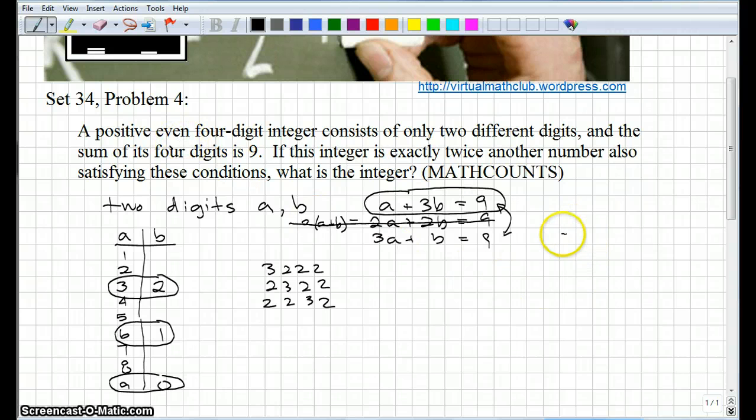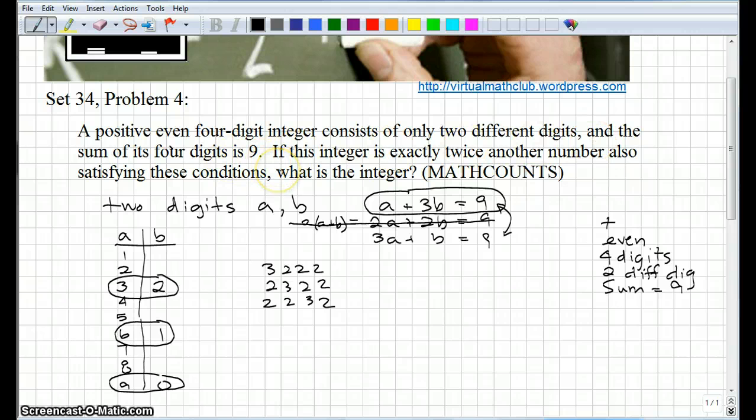Okay, so we should probably write out what these conditions are. It has to be positive, it has to be even, it has to be 4 digits. This is the criteria for the number that we're looking for. It has to be 4 digits, it has to be 2 different digits, and the sum of the digits equals 9. Okay, that's just my shorthand way of writing out the criteria, right? And is that everything? I think that's it. It has to be positive, even, 4 digits, consisting of 2 different digits, and the sum of its digits are